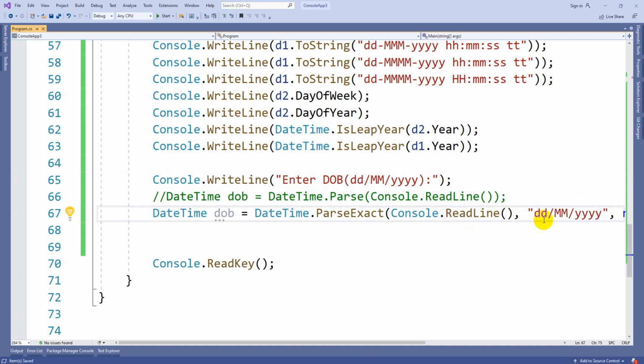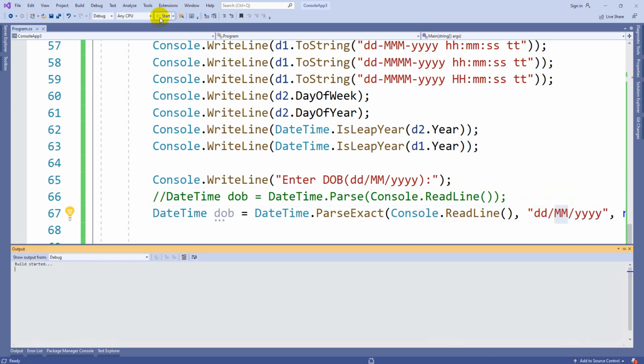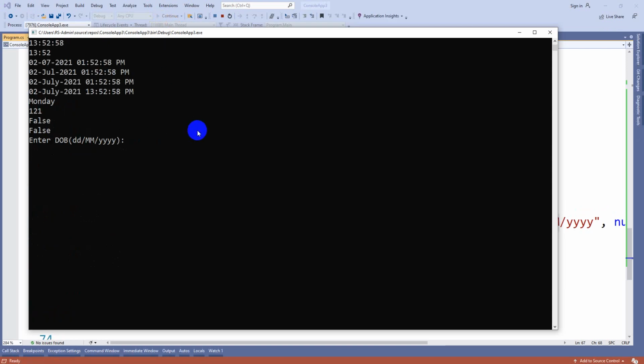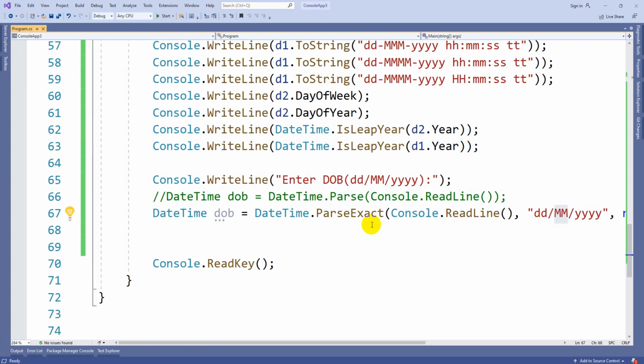You can interchange too, there is no doubt. First you can take month, then date. The system will take the date of birth as per the mentioned format only. So 31st, 12th month, 1995, for example, no error. The ParseExact method will be helpful for taking the date in a specific format, even hours and minutes you can consider.